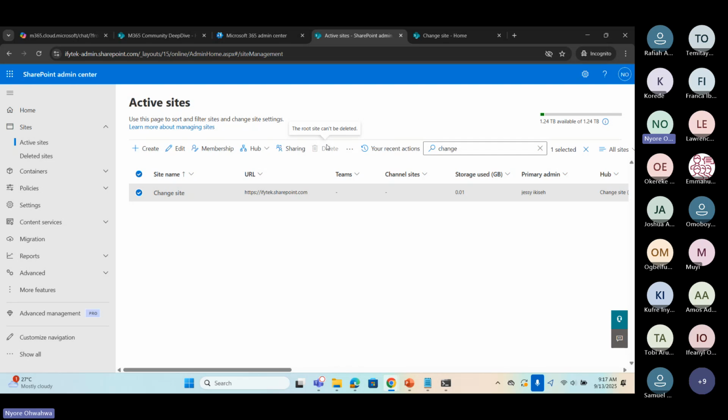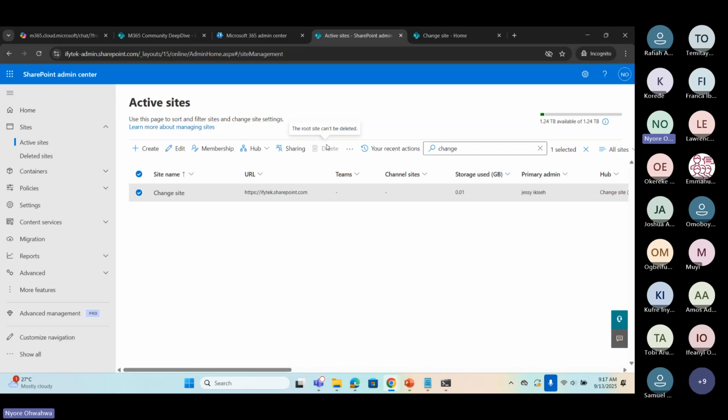Some years ago, you had the option to delete root sites, and then some admins or users that were not very conversant with what a root site was would go and delete a root site and then basically scatter every other thing on the tenants, because, like I said, other sites are built on the root site, and then they will not be able to access every other thing.